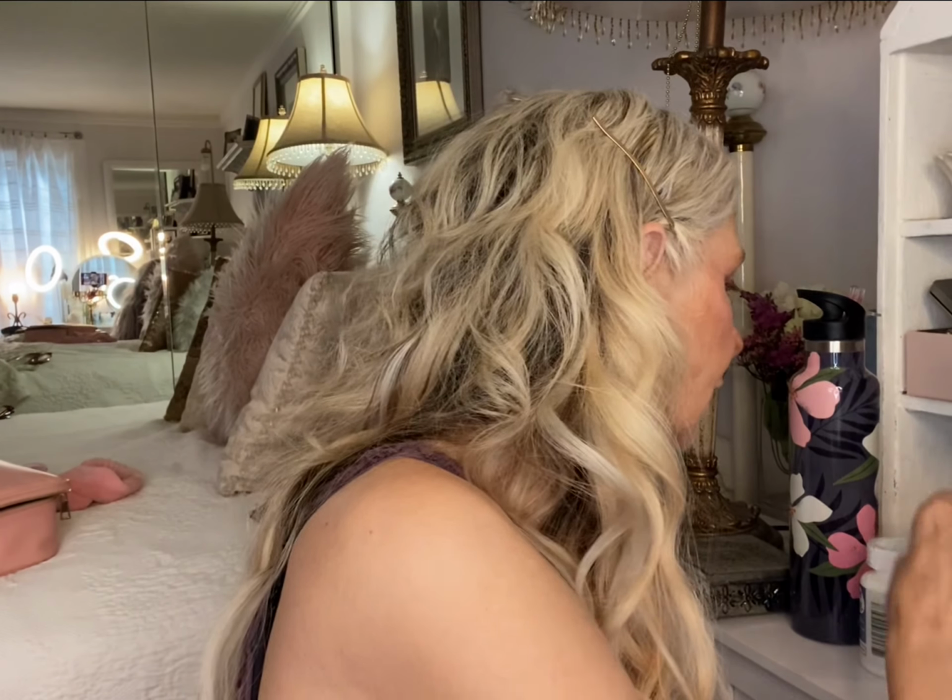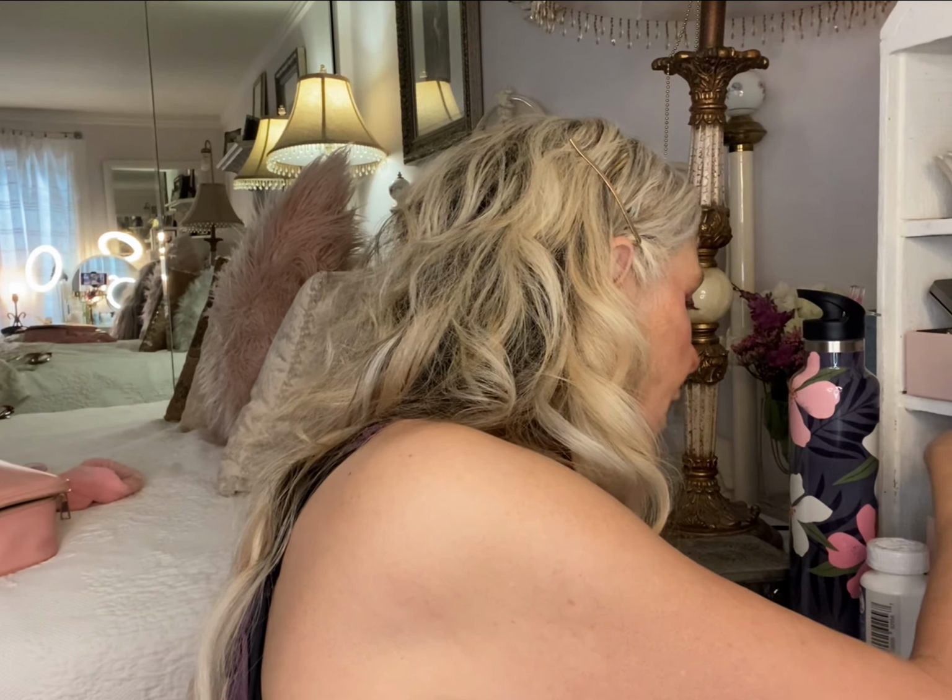So this is my Incognito highlighter, concealer, and I like this stuff. I always say, you guys know what I like. I'm gonna try new things too, because I'm gonna try them out and tell you how I feel about them. Yeah. That looks good. What do you think? You think? Pretty good? It's okay. Let's try...